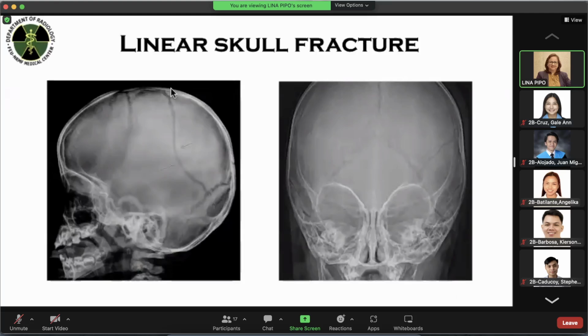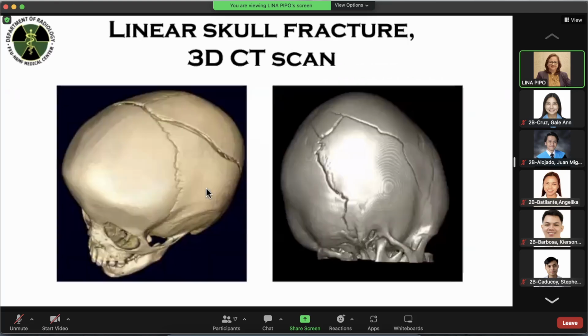So this is an example of your linear skull fracture. So usually it extends to the base, okay? Sharp, dark, sometimes irregular or branching in character, and extends into the base of the skull. But be careful again, because sometimes it can be just a suture variant, a normal variant of suture, and sometimes it is just a vascular groove. But this is a real linear skull fracture. So in 3D CT scan reconstruction, this is how you view it. Okay, so there's a linear fracture.